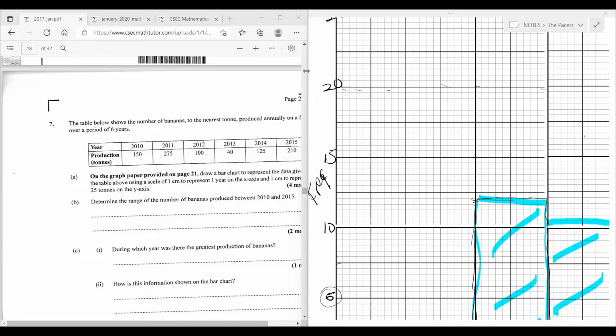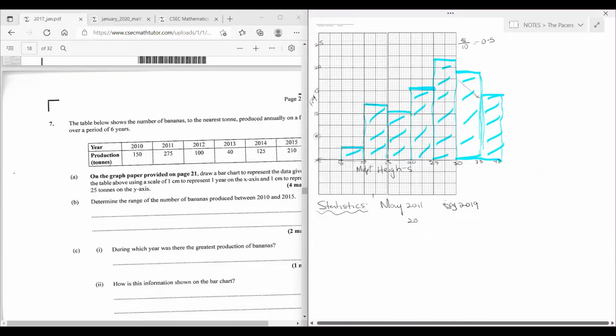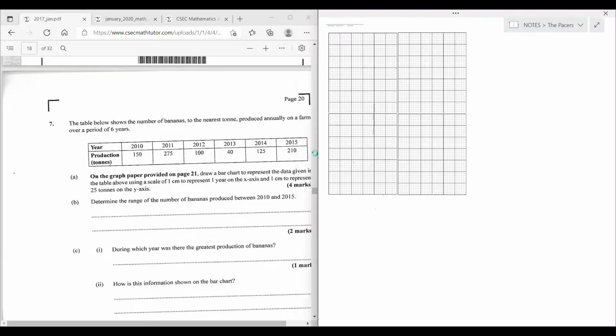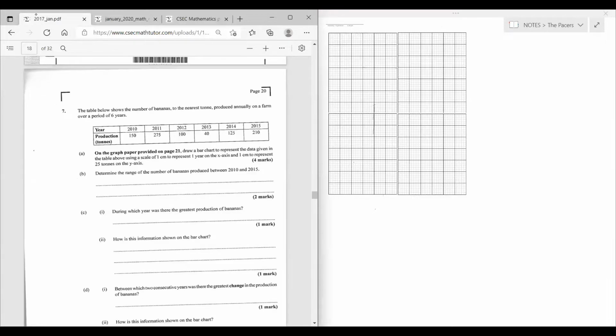Right, so we're going to use the same. They said on the graph provided on page 21, draw a bar chart to represent the data given in the table above, using a scale of 1 centimeter to represent 1 year on the x-axis and 1 centimeter to represent 25 tons on the y-axis. Right, so what we're going to do is head up our